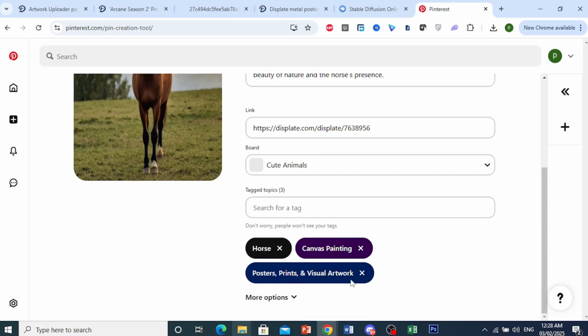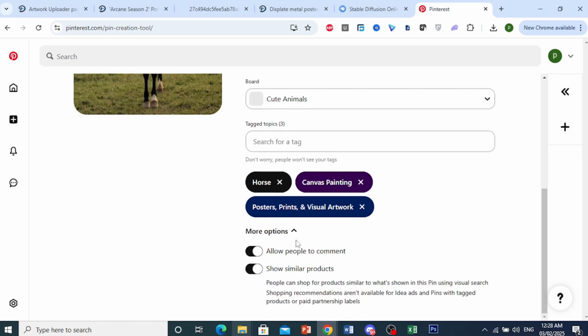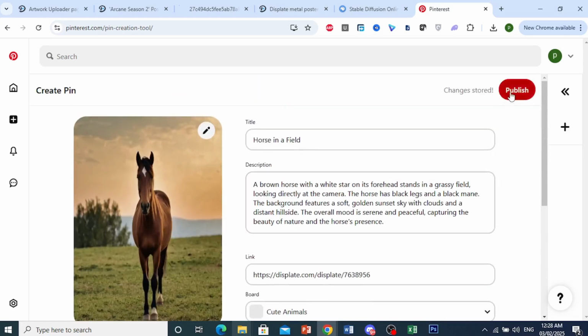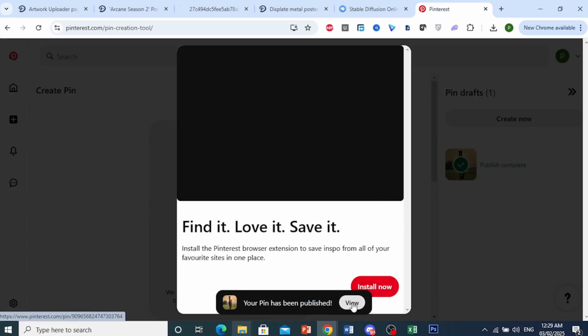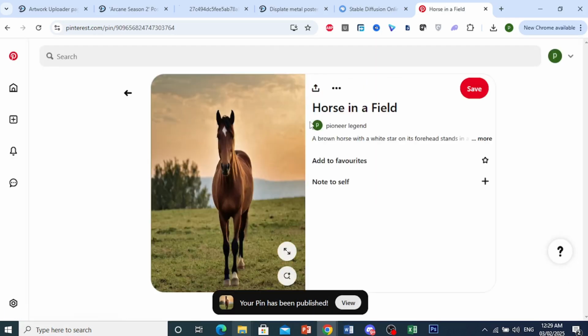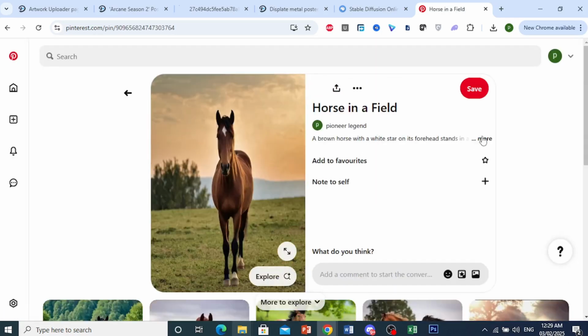Then you basically will be uploading it. You can go ahead and check more options. Then when you're done, just go ahead and publish. And there we go. Now, if I go to my profile, people will be able to see this post, and